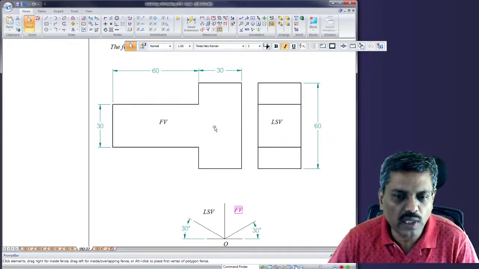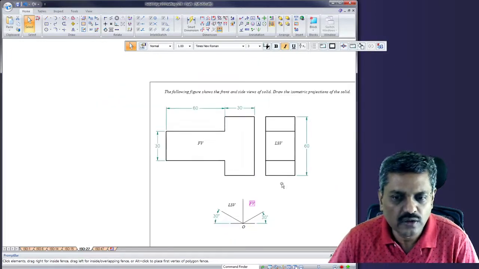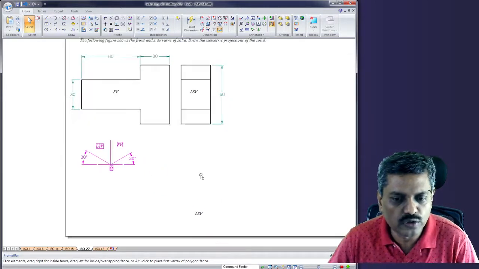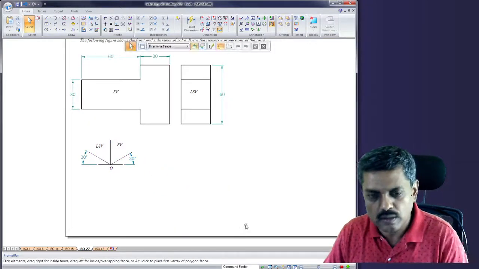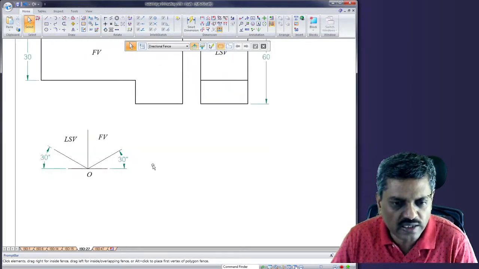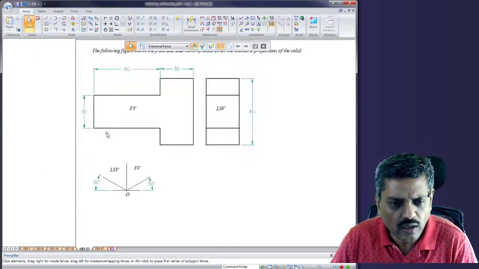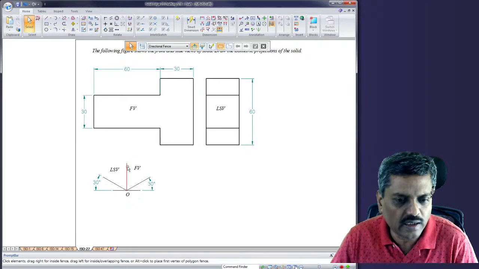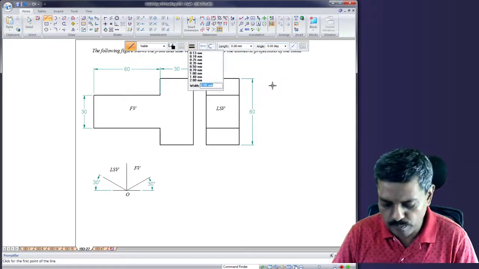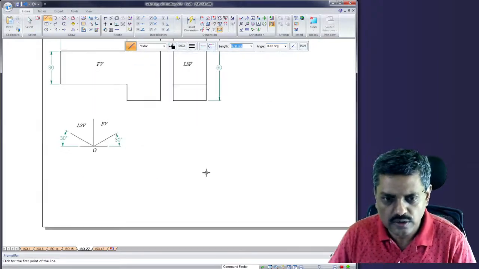But if you carefully observe and understand, it's very easy to create. You can use the box method, but instead of that, I straight away solve the problem. So you just observe how I am going to solve this particular problem. Anyway, this should be on the right plane. What is the right plane? What are the angles that work with the right plane? So 30 and 90, nothing else. That means all these horizontal edges will be parallel to 30. All the vertical edges should be parallel to the vertical line or the 90-degree line. That's all. So simply take the line command and then make it 0.4, and you start creating.